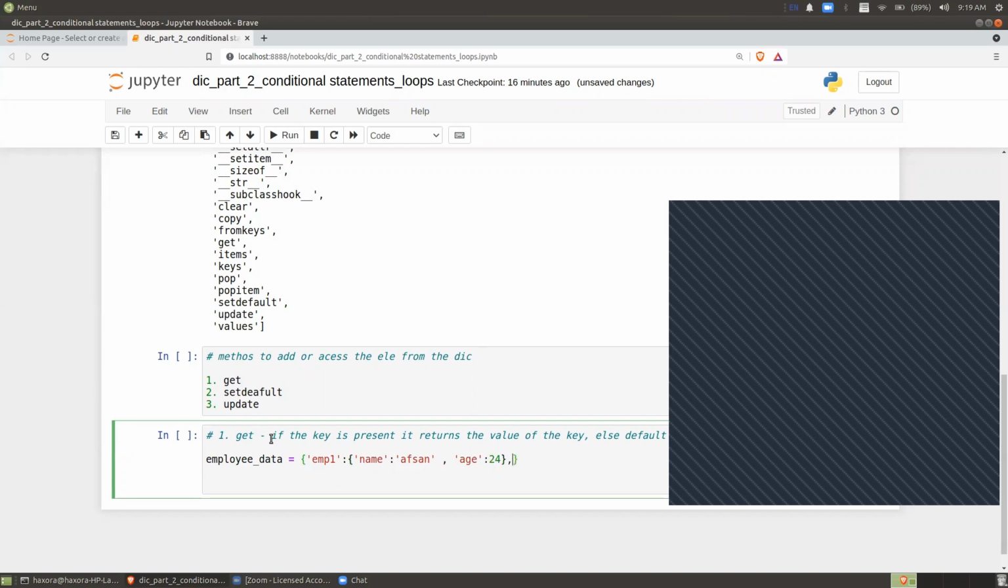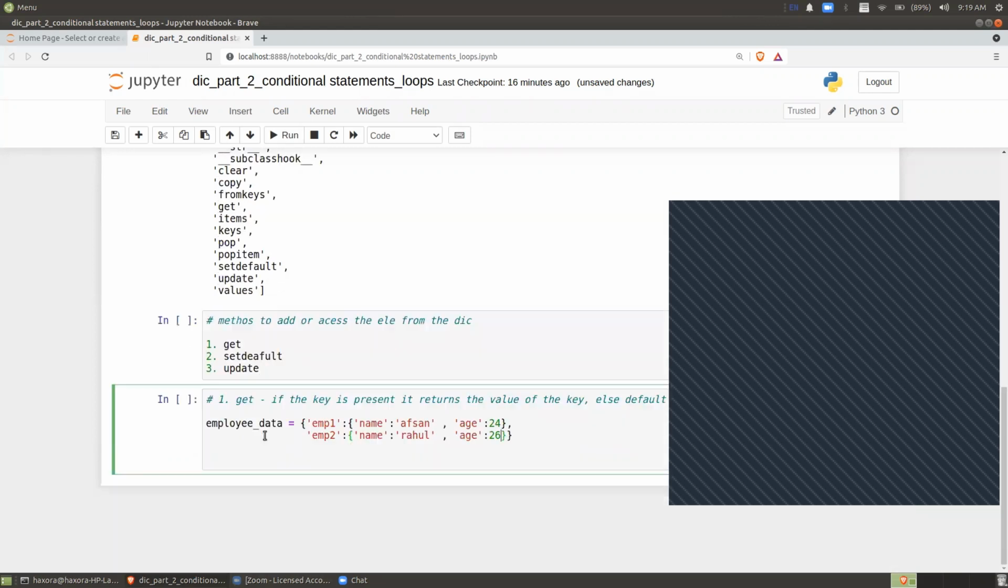Then I will store the second employee detail, that is employee 2. I will copy the same stuff I've done here and paste it here. Let's say this will be Rahul and age is 26. Now you have to give me the answer. So the first scenario is